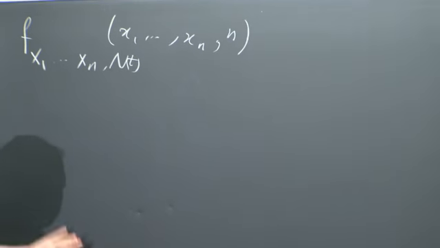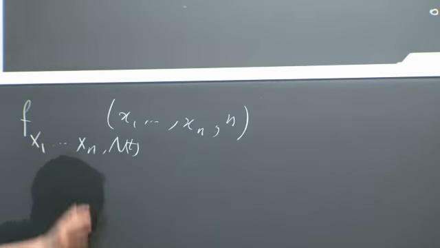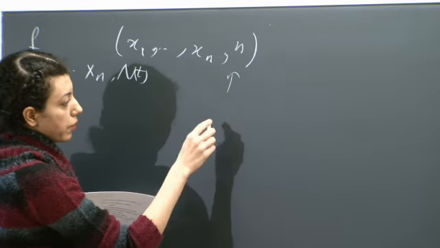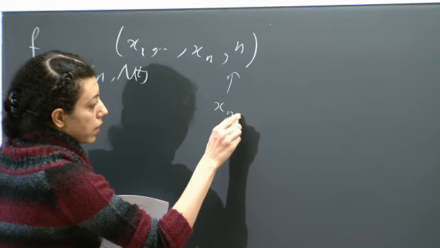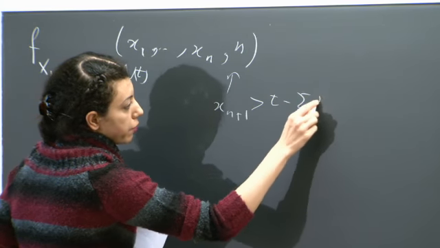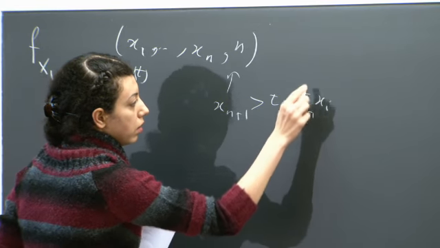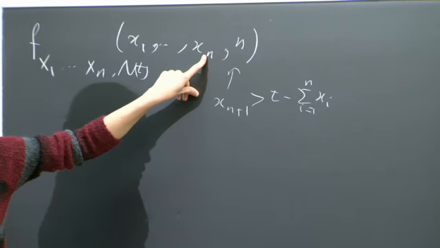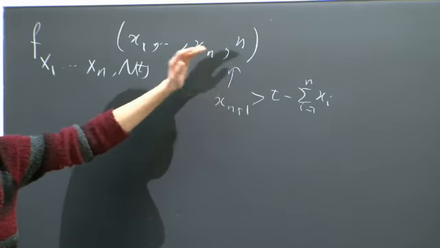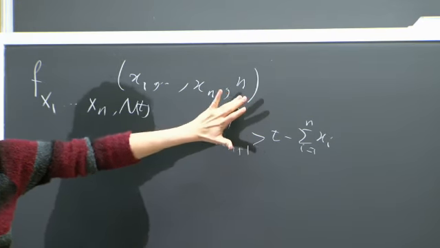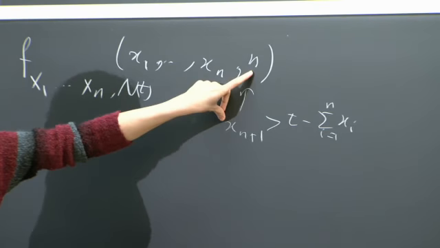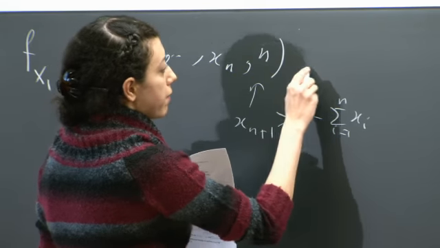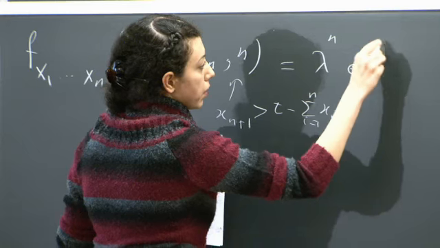What does this mean? These are the distributions of the inter-arrival times, and the last event corresponds to the fact that x_{n+1} is bigger than t minus the summation of x_i. Because we have an arrival at Sn, and after that there is no arrival, since at time instant t we have n arrivals. So this corresponds to this. Again we will have some term like lambda to the power of n, e to the power of